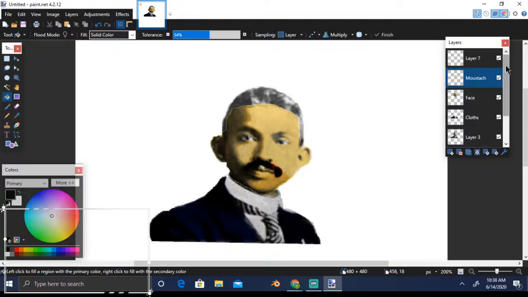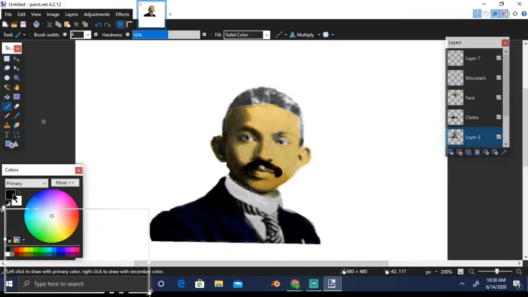Let me use a different technique this time and see how it happens. So far what we have done is we have selected a particular area and colorized it. So let me go to this layer. This is the layer where we have the full thing, and let me take the paintbrush, black. A complete black will not look very good, but let me just paint it with the paintbrush, and then let's work on that overlay thing, so that should help us do a better job. There are various ways to do it. Depending on which one gives you a better result, you can select that.